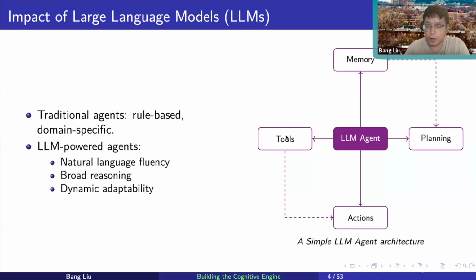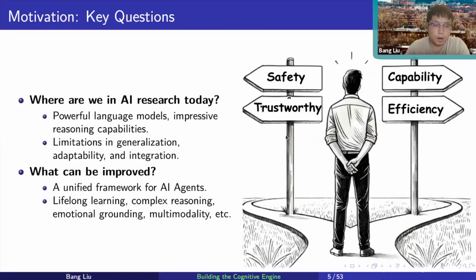This figure is the quite classical one from LLM to LLM agent, which is from Dr. Weng Lilian's blog. You can see that with a pure LLM, we augment it with auxiliary modules like external memory, tool libraries, actions, and also augmenting its planning ability and so on. We come up with a quite simple and elegant LLM agent framework. With advancement in LLM research, we have strong natural language understanding capability, reasoning capability, adaptivity, and so on. So the question we're interested in is where are we in the current AI research and what can be improved?